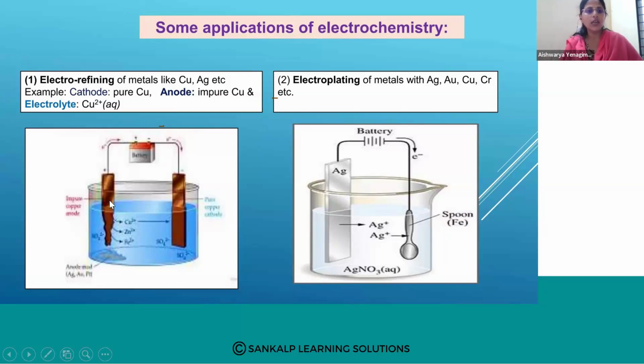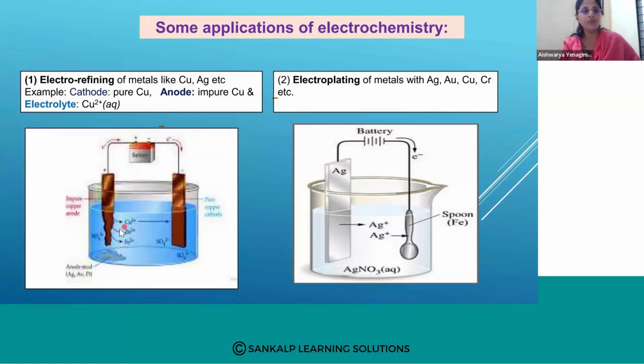We have seen here, impure copper is taken as anode, pure copper is taken as cathode. Here you have a battery, negative terminal connected to cathode, therefore electrons come. When electrons come, the Cu plus 2 from the copper sulfate solution will be attracted to the electrons, they will take the electrons, gain of electrons is reduction, and they get